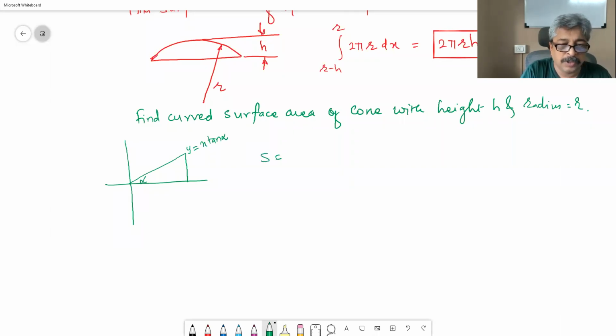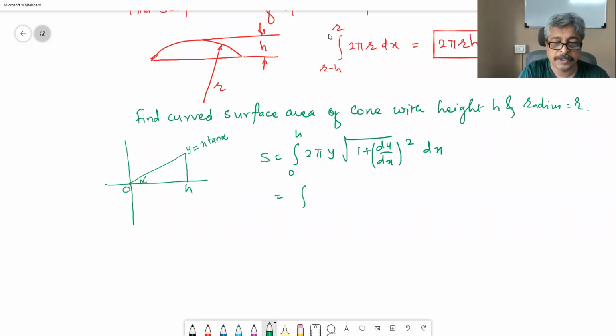S is equal to the integral from 0 to h of 2 pi y radical 1 plus (dy by dx) square dx, which is equal to the integral from 0 to h of 2 pi x tan alpha radical 1 plus tan square alpha